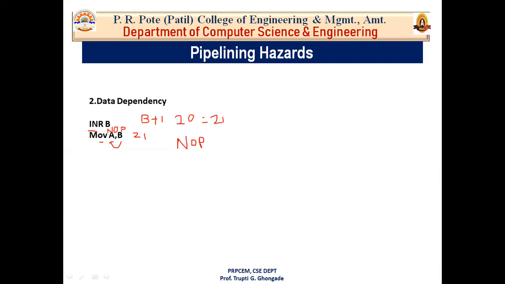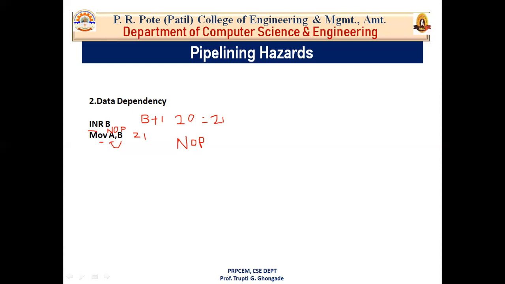So this NOP gives us a time gap between these two instructions. This data dependency problem can be solved by using a NOP dummy instruction, that is no operation. But this data dependency drawback becomes more serious for deeper pipelines. That means it is more serious for hexa-core, octa-core